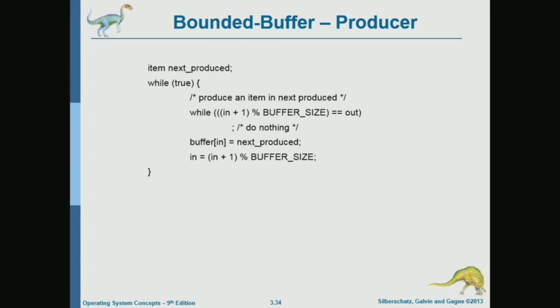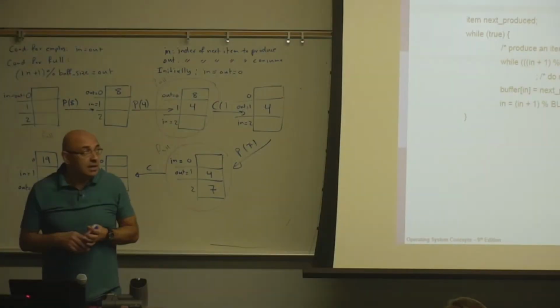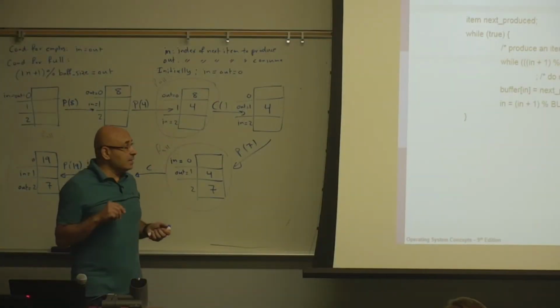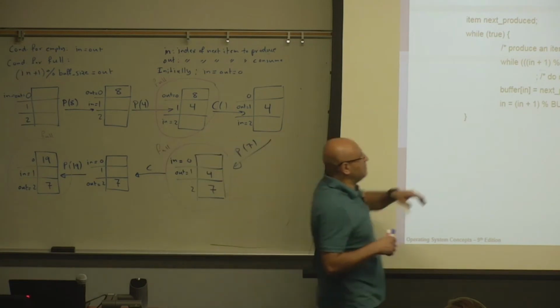So here the producer is going to be in a busy waiting loop. As long as this condition is true, the producer is waiting, so it will keep looping. When this condition becomes false, the producer will proceed and produce the next item, then it will increment in in a circular manner. Okay? So in this solution, the producer is in a busy waiting loop.